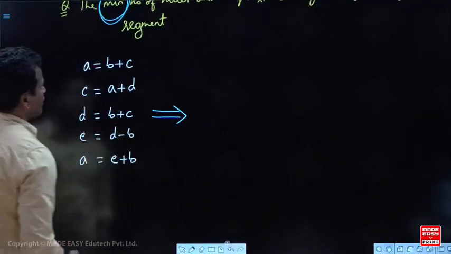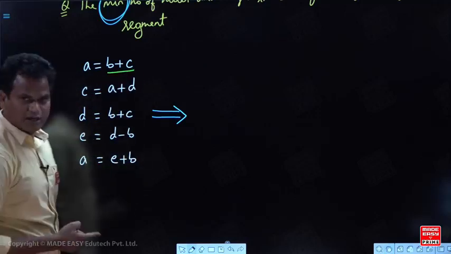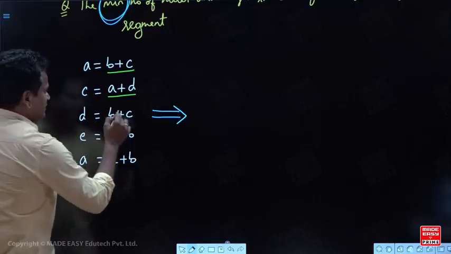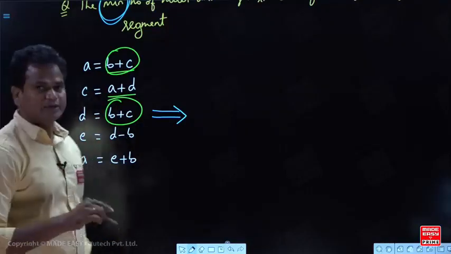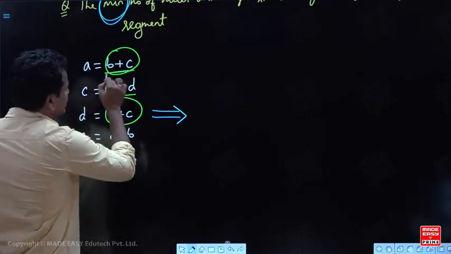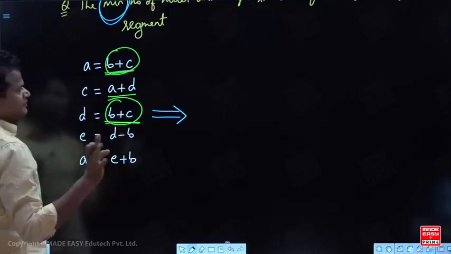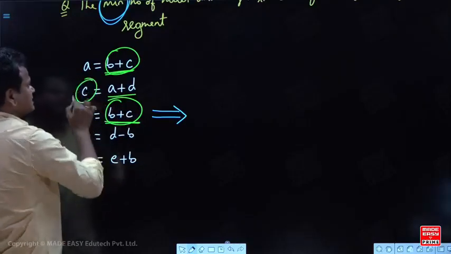Here, do we have any common sub expression? A equal to B plus C. Are you following? Then C equal to A plus D. D equal to B plus C. Here B plus C and here B plus C. You may be thinking that both are same. Yes, of course, both are B plus C. But the B and C values here and here are not the same. Here, when you come to this one, we are changing the C value.